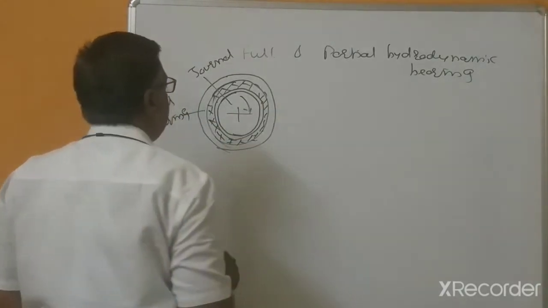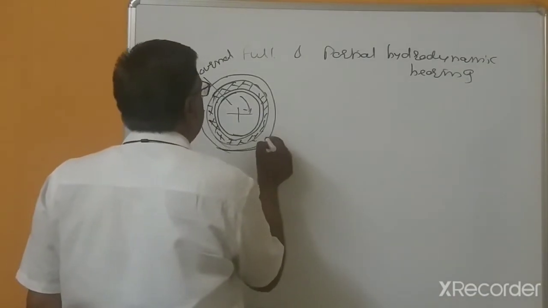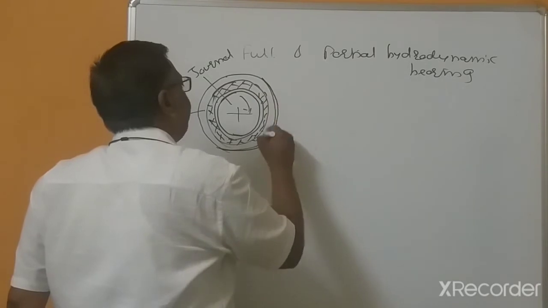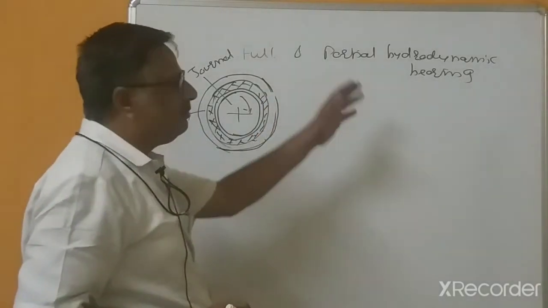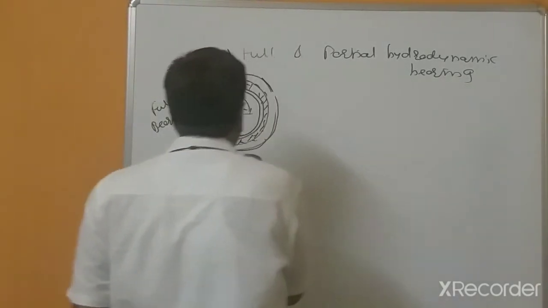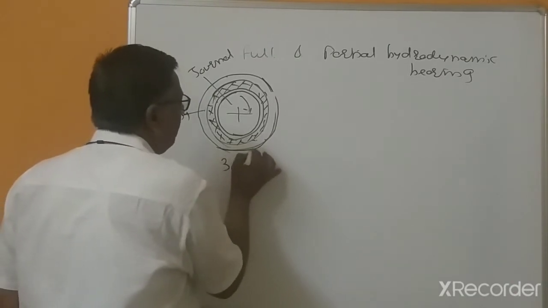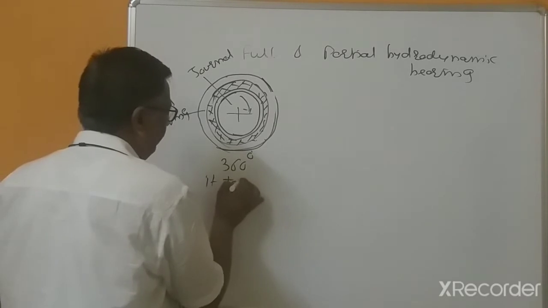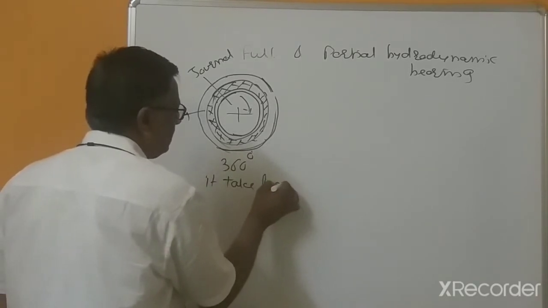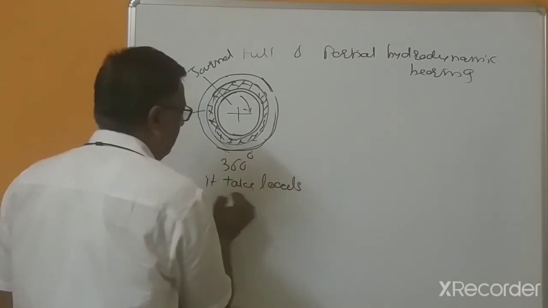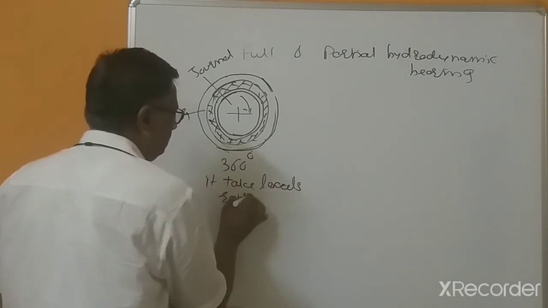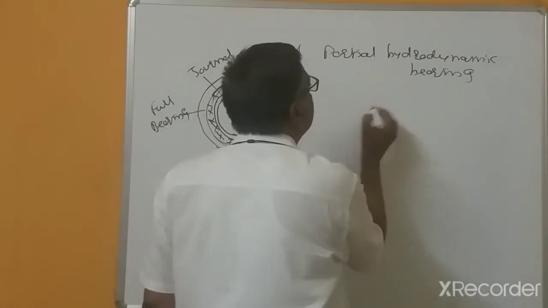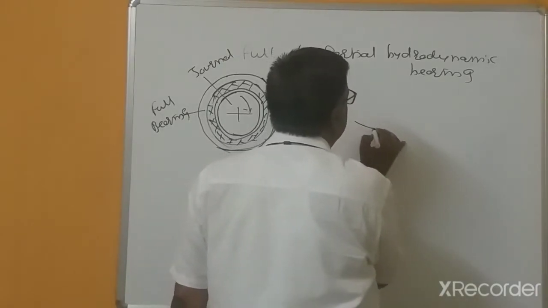This rotates, and this is the outer surface. In the full bearing, this is the 360 degrees. That's why it can take loads radially. And in partial hydrodynamic bearings,